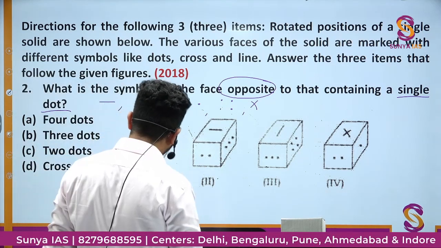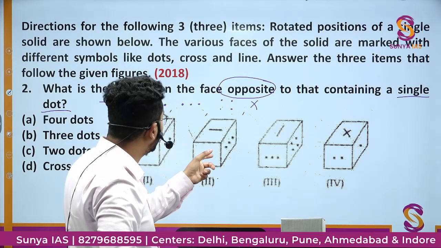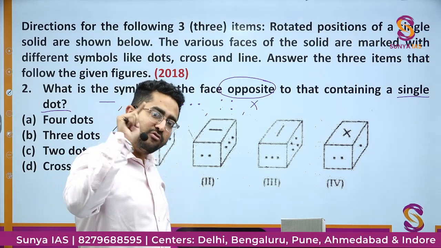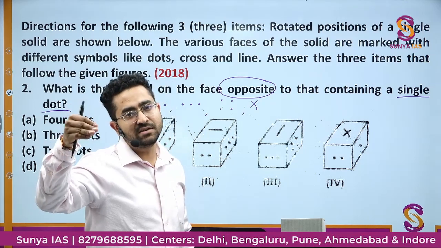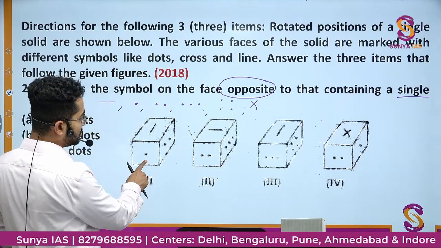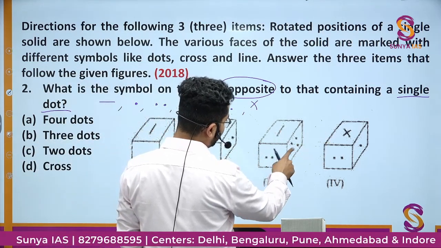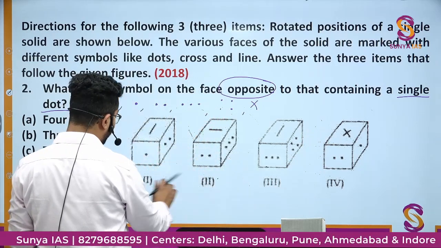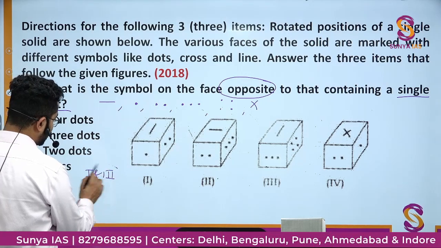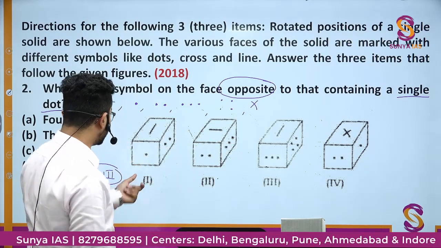Okay. Now what I will do, I need to find a figure like this. I need to look for two positions of the dice where only one face is common and the other two adjacent faces are different. So if I see this, for these two sides, 3, 4, 1, 2, no. Okay, if I compare 1 and 3, I can see line is common, and the adjacent sides are, for line,